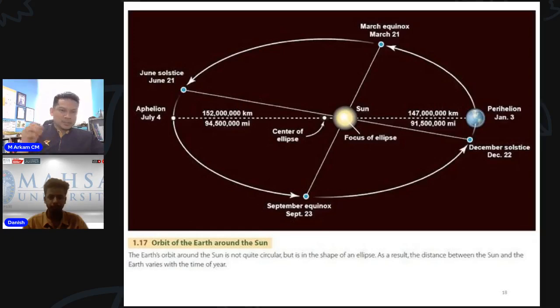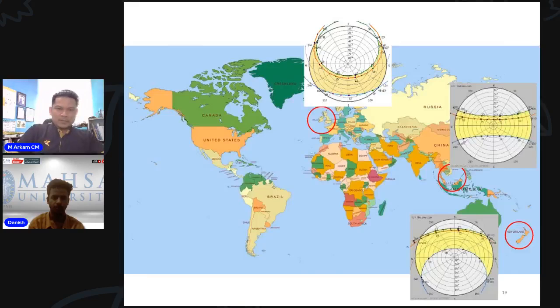147 million kilometers is the closest. 152 million kilometers is the farthest. That is the position of the sun against the earth. So understanding the equinox, March, we just left the 21st of March, and September will be coming about the 23rd of September. So that is where the heat stroke hazard occurs due to this equinox, but the threat is no more, overridden by the event.